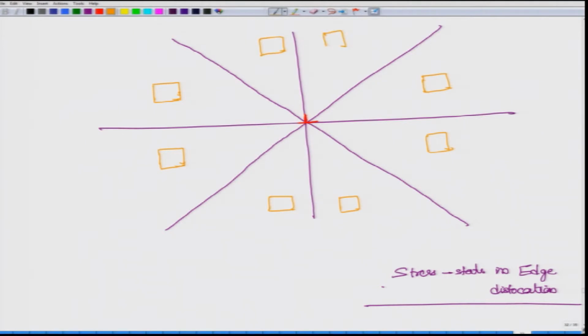So, these are the 8 sectors or quadrants into which we want to describe. Now, we said that on the top side we have only compressive stresses in the xx direction. So, we can draw it like this. It is all compressive in all the 8 quadrants, and on the negative y side what we have is the tensile. So, all the 4 over here will have tensile.